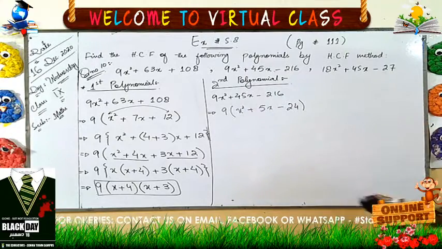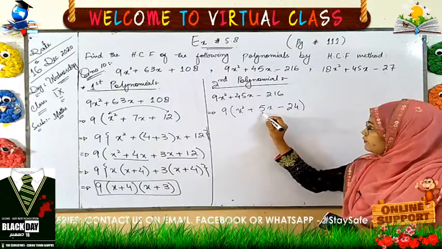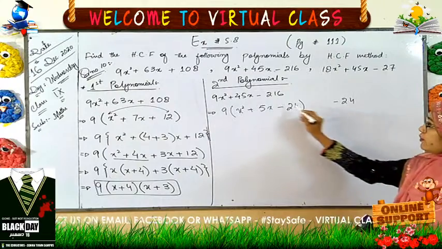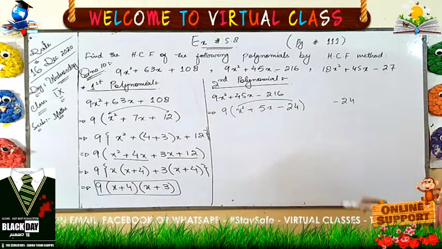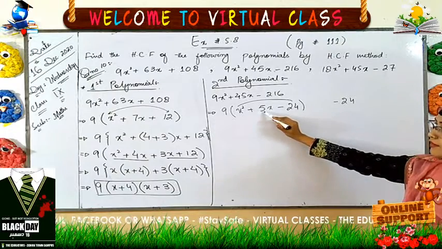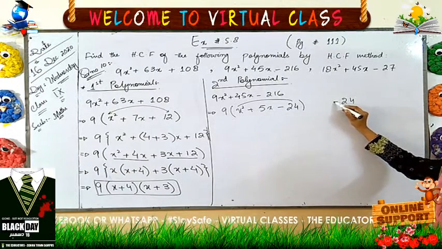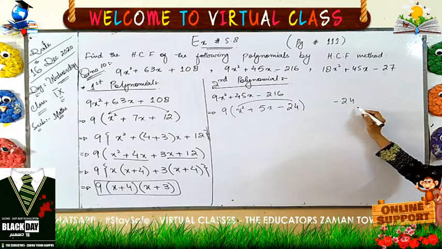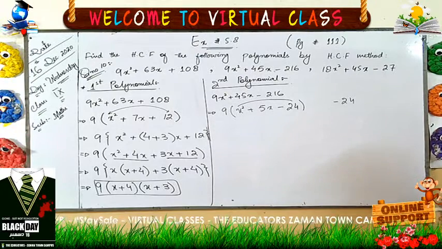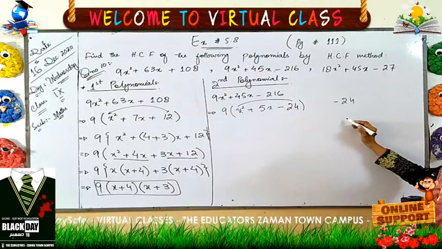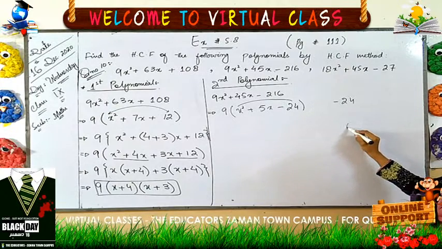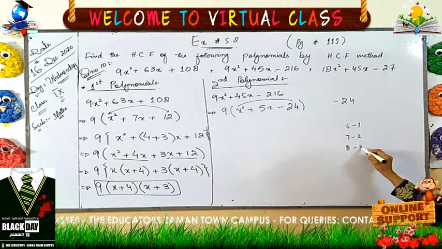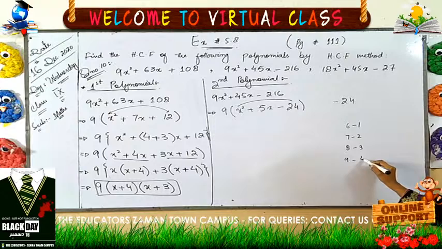Now what do we have to do? We have to find the factors of the mid value, which is 5. Okay. What are we getting? 24 ones are 24. Minus 24 we are getting after multiplication of the first and last value. It means we have to find the factors of 5. The numbers which when we subtract give 5, and when we multiply give 24. So which numbers? After multiplication we get 24, or by subtracting we have 5. What can we take out? We can take out 6 minus 1, 7 minus 2, 8 minus 3, or 9 minus 4,